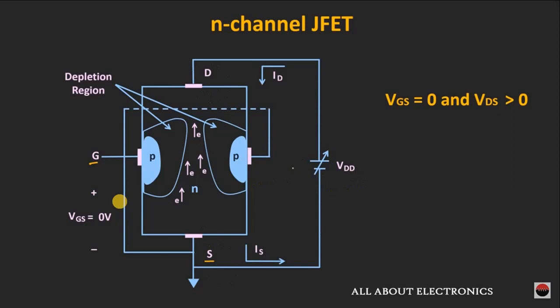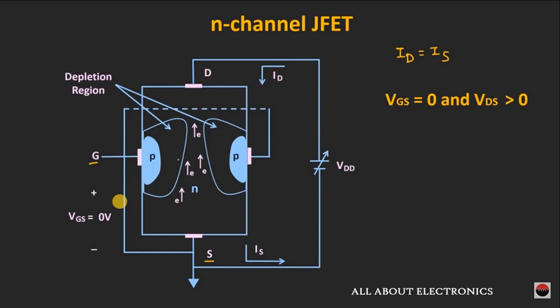So now once we apply this voltage, then the electrons start flowing from the source terminal to the drain terminal. And if we see the conventional current, then the current starts flowing from the drain terminal towards the source terminal. So here, let's say ID is the current which is flowing into the drain terminal, and IS is the current which is flowing out of the source terminal. And as you can see, this current ID is equal to IS. So instead of defining these two currents separately, we will only define this drain current ID.